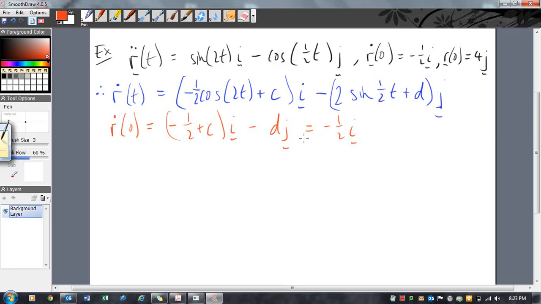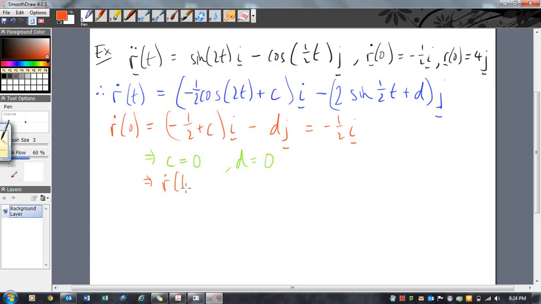Okay, so if this is equal to negative half i, we just need to resolve each component. This tells us what? Well, here's the i component on this side, here's the i component on this side. They must be equal, so therefore c is equal to 0. What's d equal to? Well, there's no j component on this side, so d is also equal to 0. So that's a boring response. And so what we get